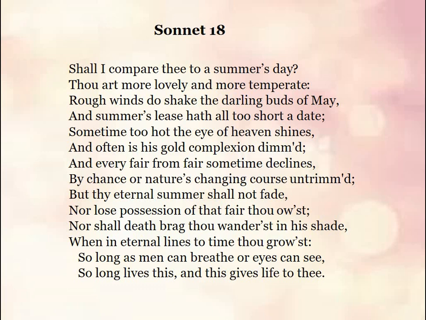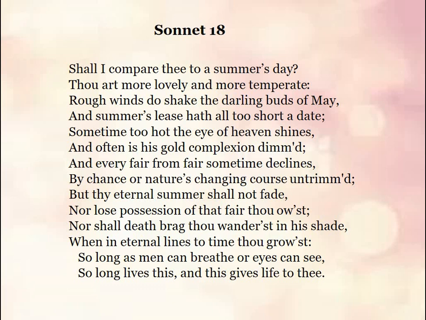Shall I compare thee to a summer's day? Thou art more lovely and more temperate. So the very first line is in the form of an interrogative sentence, whereas the rest of the sentences are the answer to the first question. So we usually compare our beloved with the high-class things, isn't it? Similarly, Shakespeare has made a comparison of his beloved with a summer's day.